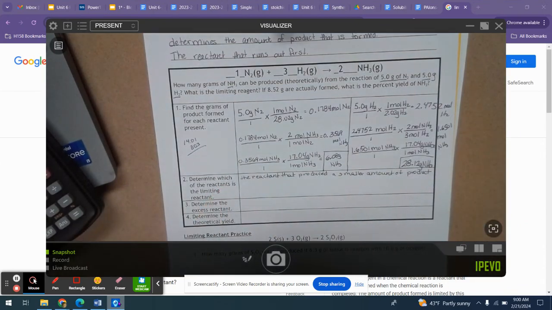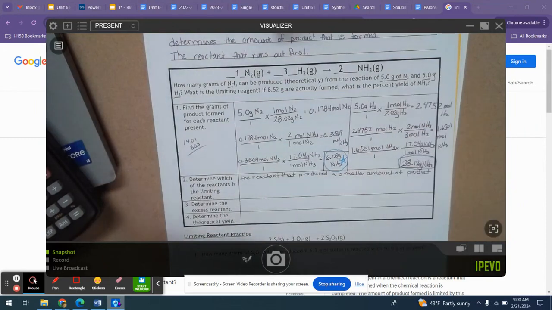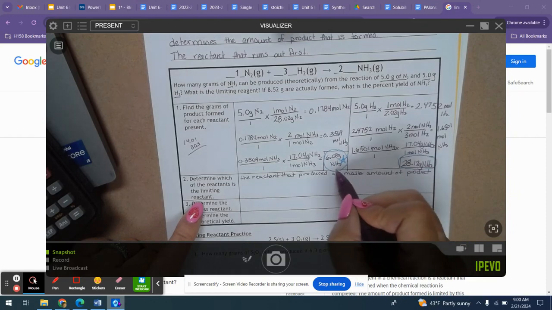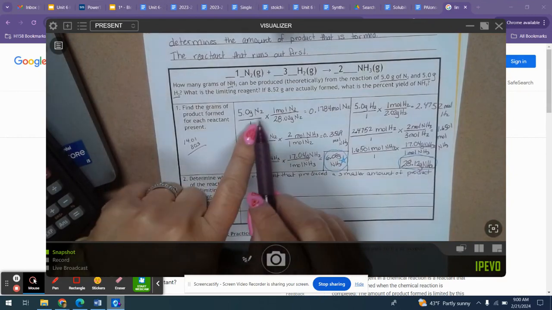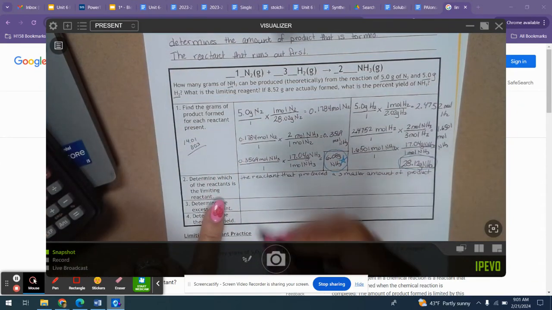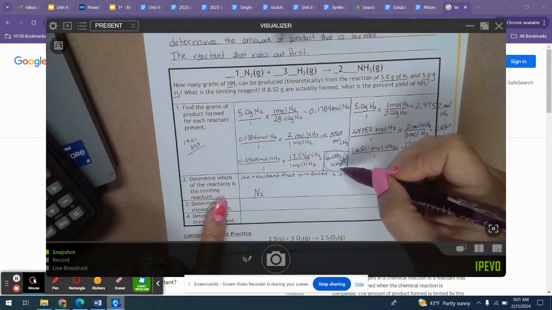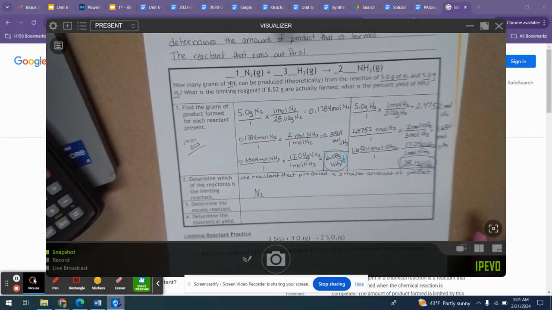So we're going to compare 6.08 grams and 28.12 grams. 6.08 is smaller. So the limiting reactant, now don't write down NH3 because that's the product. We have to look back at the beginning. We started with N2, so we are going to run out of N2 first. So the limiting reactant is nitrogen, because once 6.08 grams of ammonia is produced, the reaction will stop because there's no more nitrogen